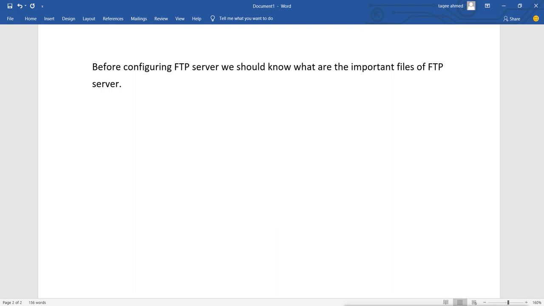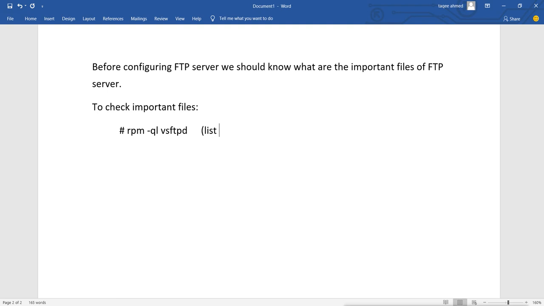Now for checking the important files, or all the files, we will run the command rpm -ql and then the package name.